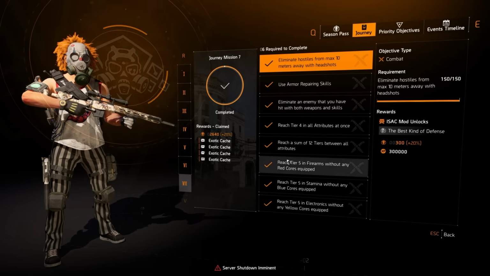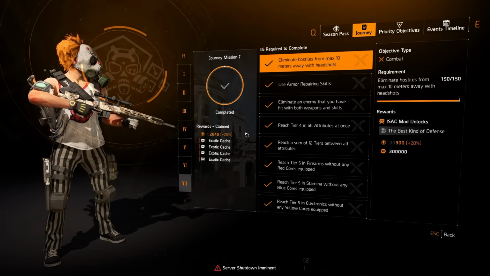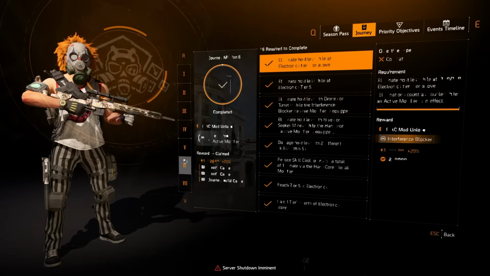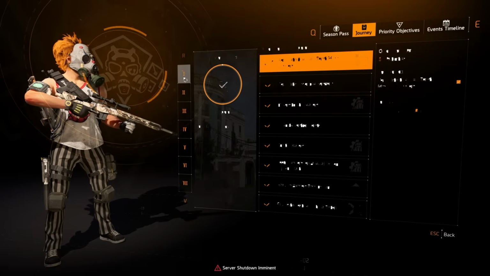Once you've completed Journey Mission 7, as we've already explained, you will get XP, you'll get 4 exotic caches, and the journey's done. Now, if you follow me on GCROCK VODs, I will be going through this and